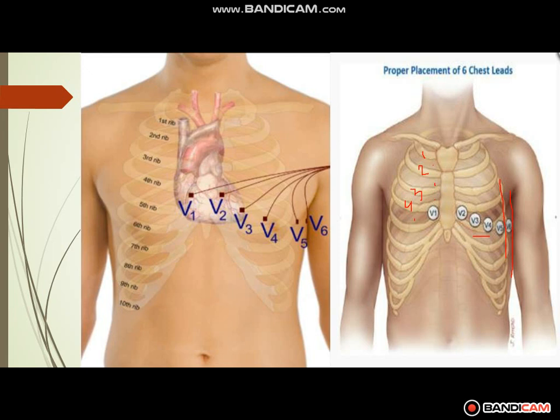V1 and V2 are applied in the fourth intercostal space. V1 is on the right side and V2 is on the left side. Then V4 is applied near the fifth intercostal space. V3 is between V2 and V4, and V5 and V6 are both in the fifth intercostal space, but V5 is in the anterior axillary line and V6 is in the middle axillary